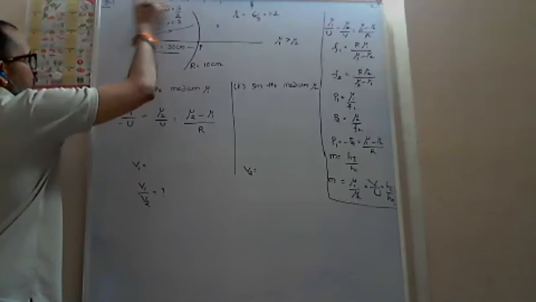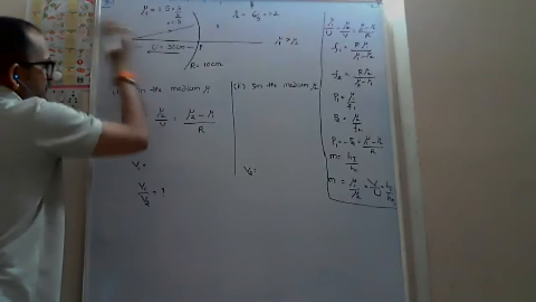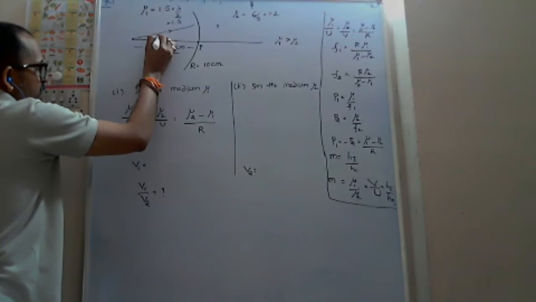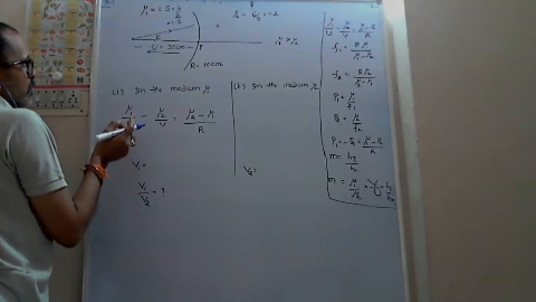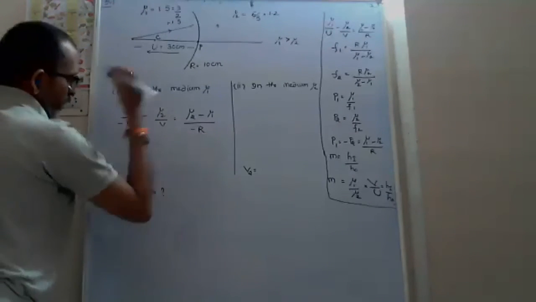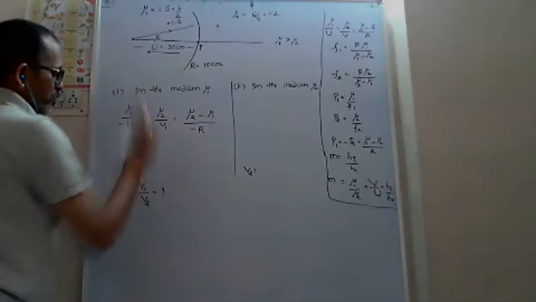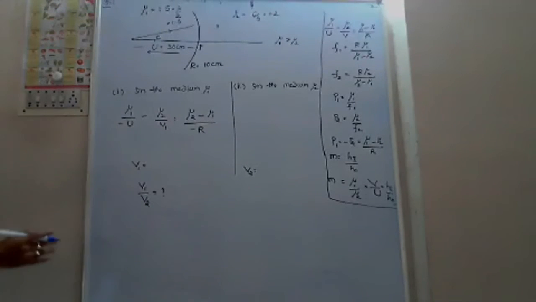And keep in mind, the radius of curvature also you are getting on the left hand side. It is the center, suppose. Minus. This is also minus. Now you can start the problem. Now I think you will get the correct answer. What will be V1?